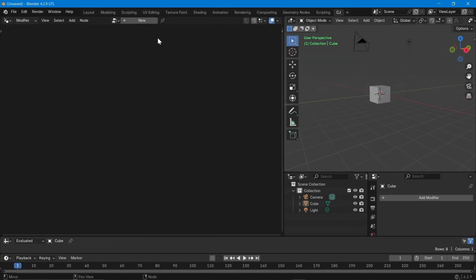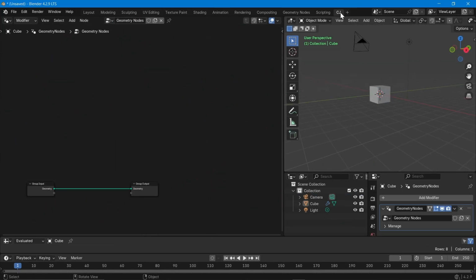Let's start. Okay, I have the default cube, my custom workspace setup. I have covered about this in a separate video. I have shared the link in the description. You can take a look. We don't need this. We're going to see about